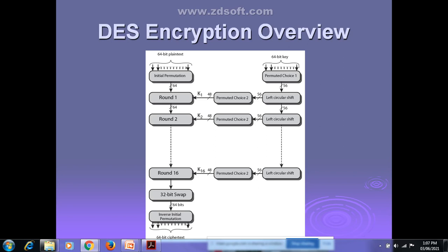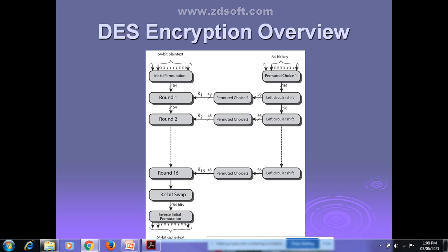That means the left hand side data and the right hand side data, the two halves you get after the 16th round, are swapped to produce the pre-output. That pre-output is fed into the inverse initial permutation, which performs the same operation as the initial permutation but in reverse order. That is what is called the inverse initial permutation. After that it produces the 64-bit ciphertext. This is what we have seen in the last class. Clear, guys? At least this much.